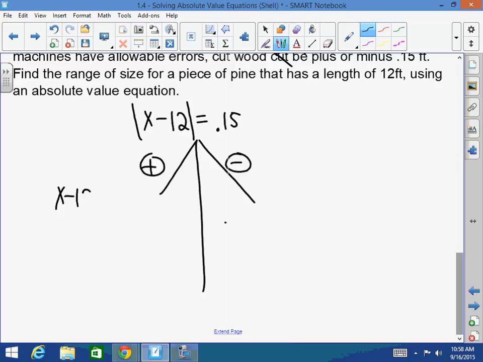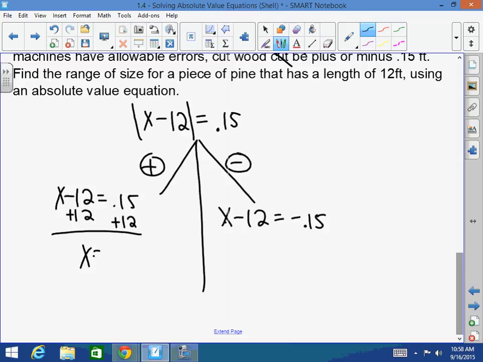X minus 12 equals 0.15. X minus 12 equals negative 0.15 for my negative side. Add 12 to both sides. X equals 12.15 feet. Add 12 to both sides. X equals